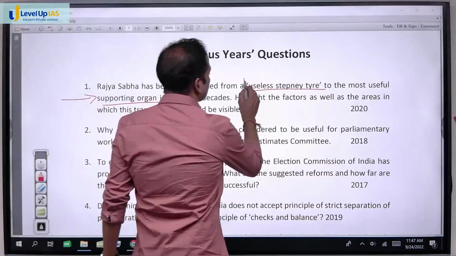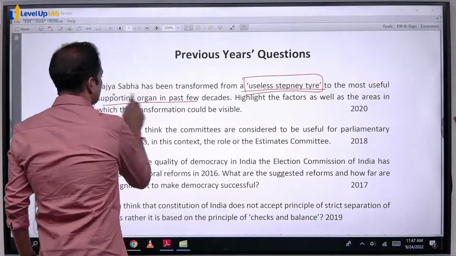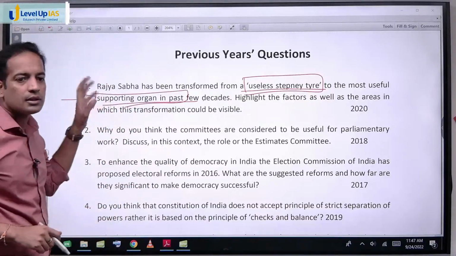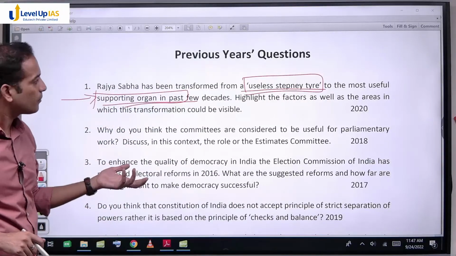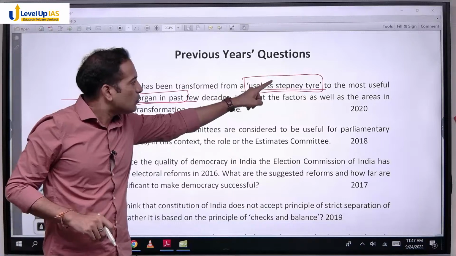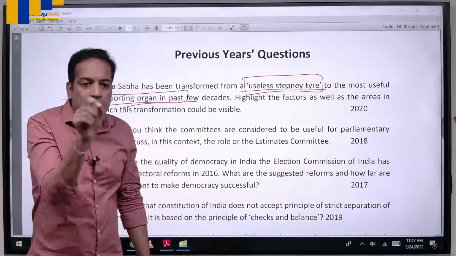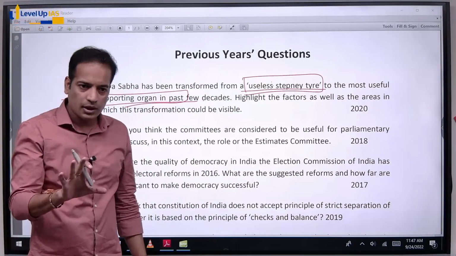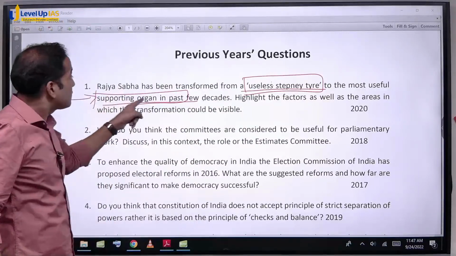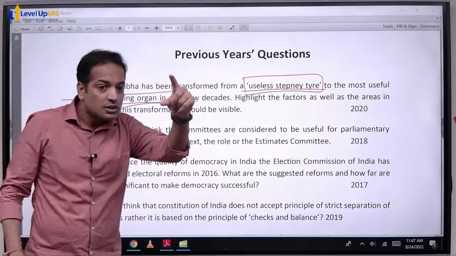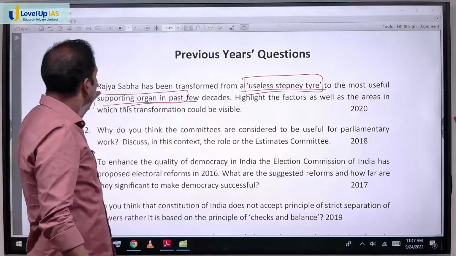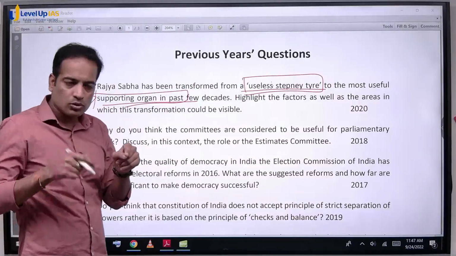Use those specific key terms only, and I'll be talking about this in the presentation part. Because you have to use these terms as subheadings: useless stepney tire and most useful supporting organ, 1 2 3 4, 1 2 3 4,